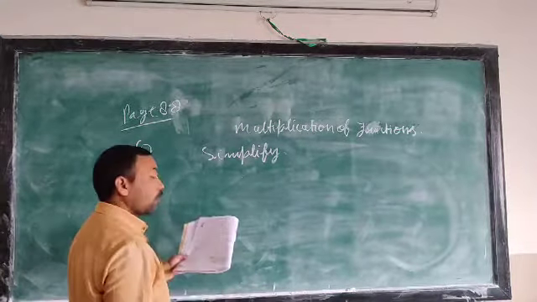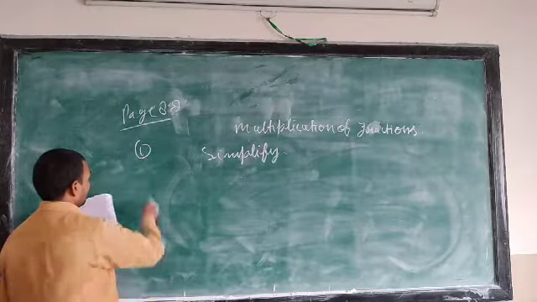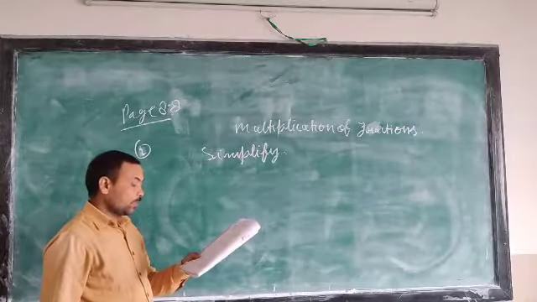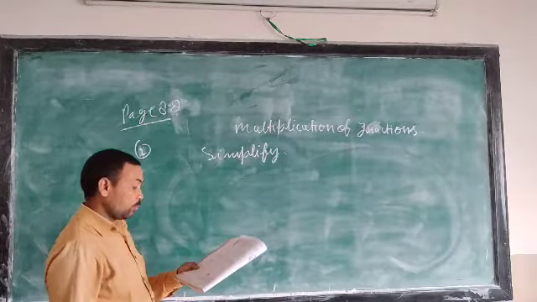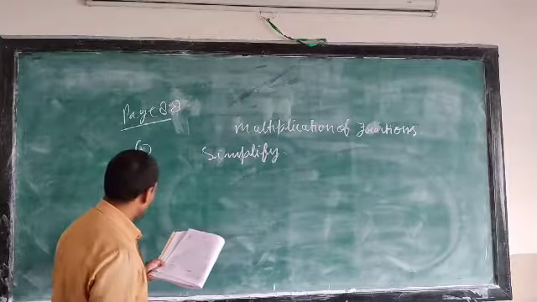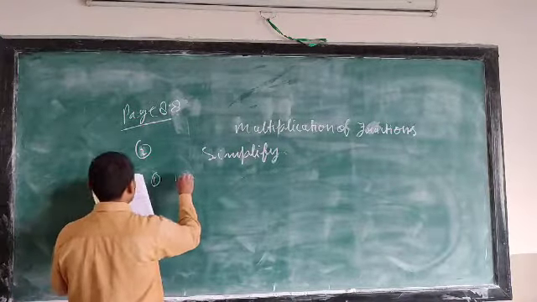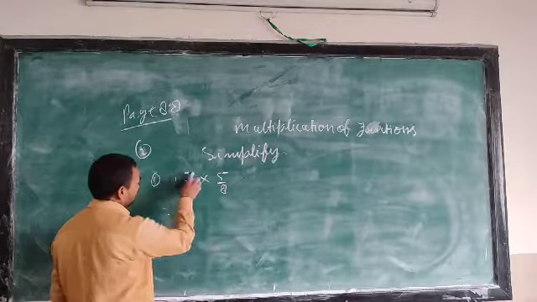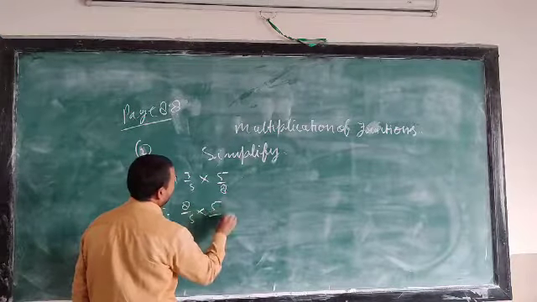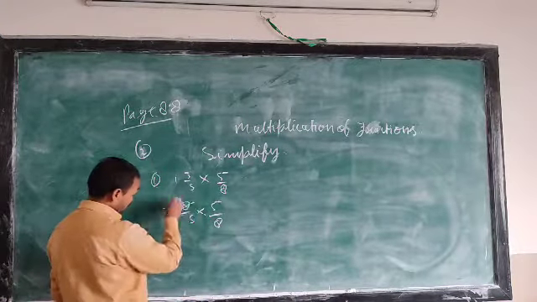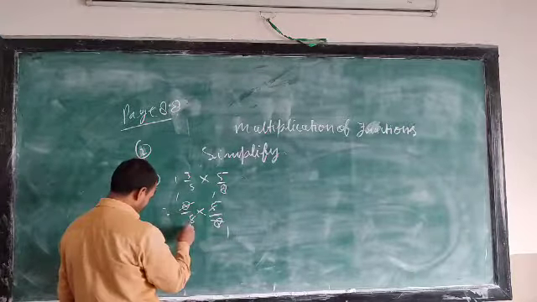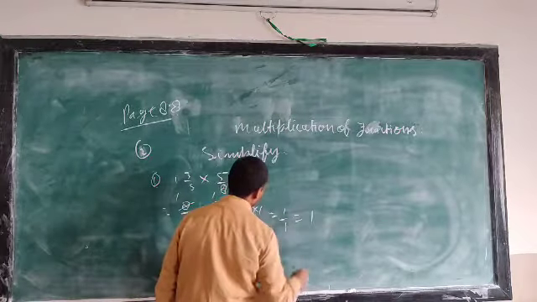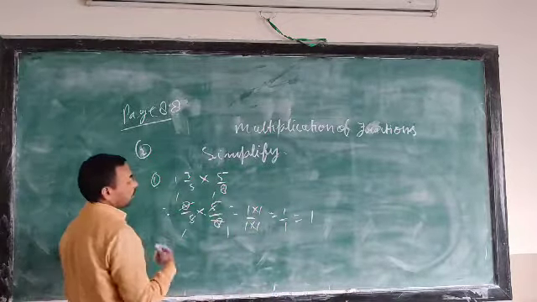And simplify again here. How to multiply each number? Only one step. First you convert these numbers into improper fractions, and then you multiply. See first 1 and 3 by 5, 1 multiply 5 by 8. I am going to start with 5 and 5, and 5 by 8. See, 8 will be cancelled with the 8. 5 and 5, 1 and 1. 1 by 1 is 1. Or without writing this one step, you can directly write 1.